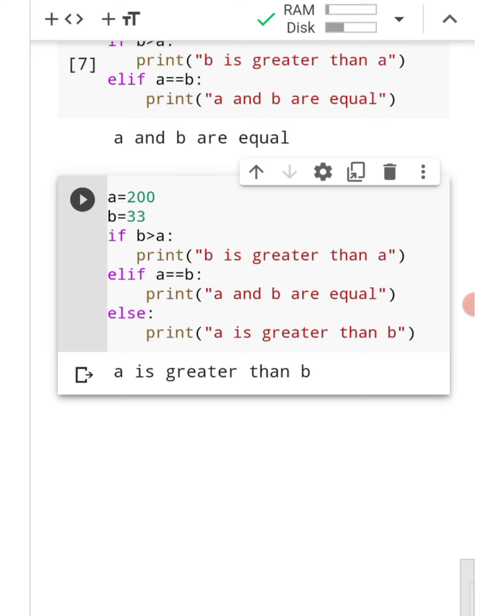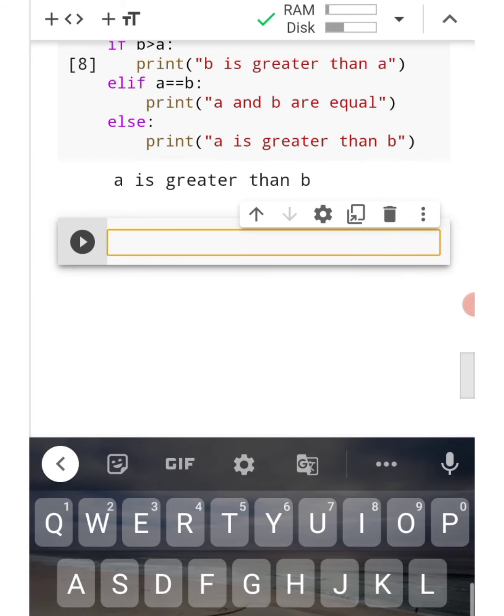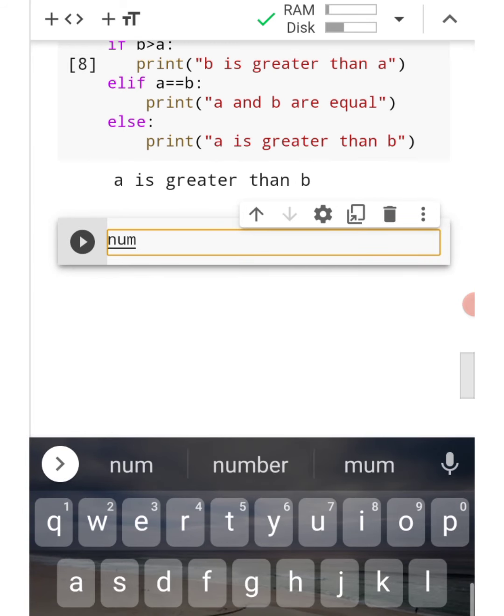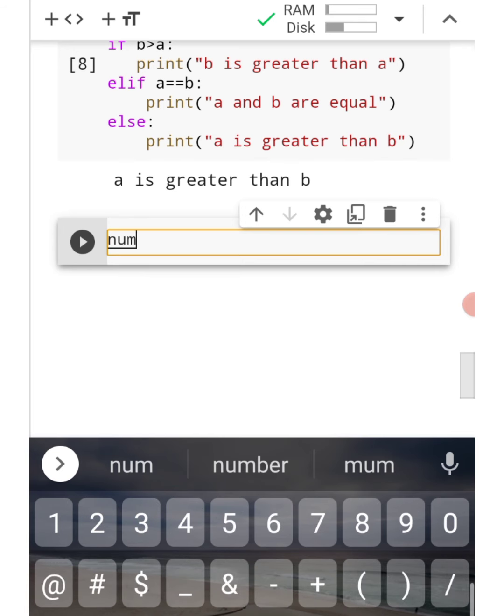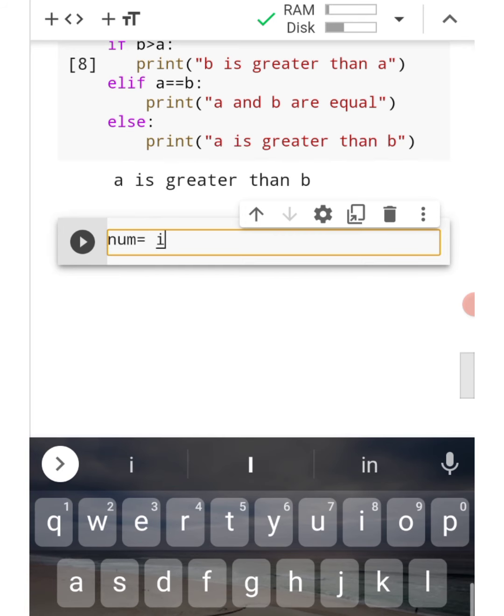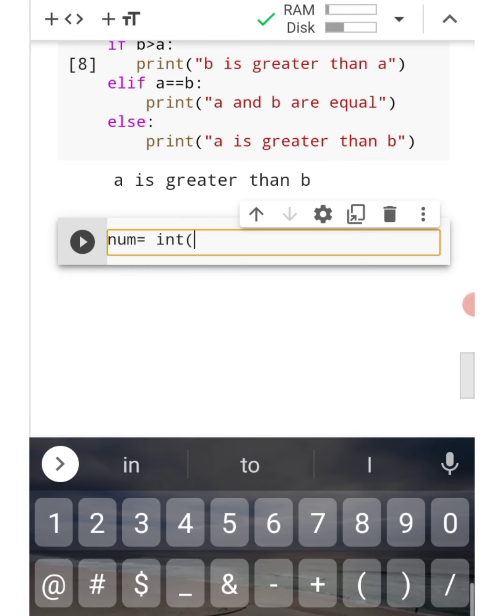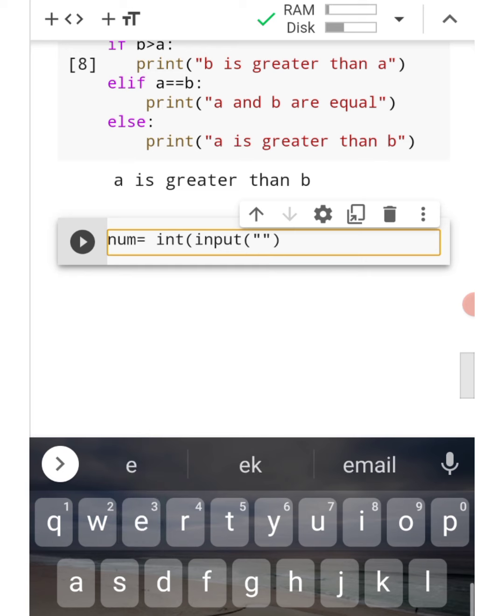Now we will see some basic programming of finding out whether a number is even or not, using the concept of if else. It's a basic program which is asked most of the time in exams. We take the input from the user to find out whether the number is even or odd. We used the input function to take the values from the user, and we converted that input, because input is accepted as a string, by using the int function.